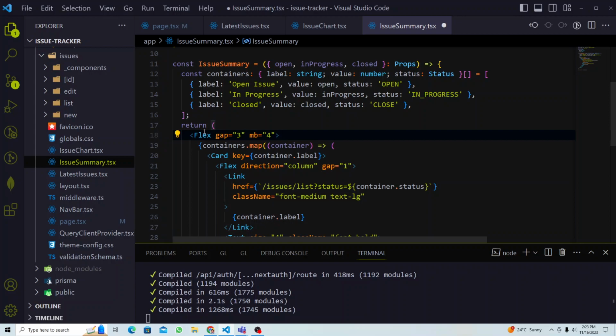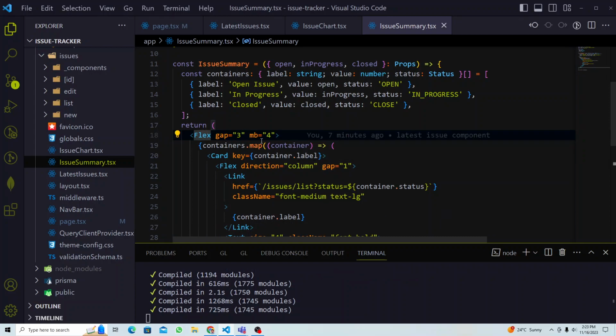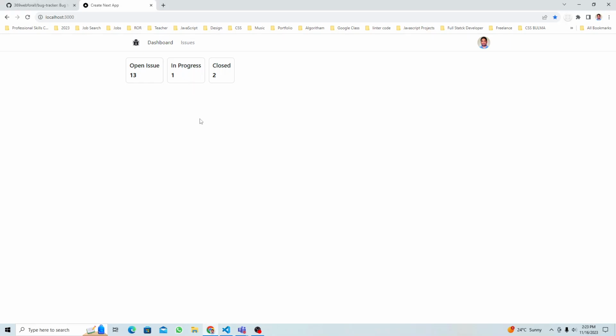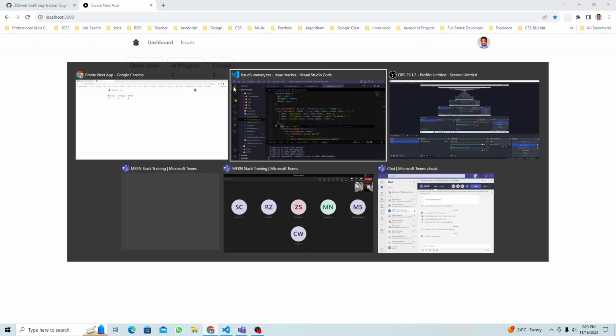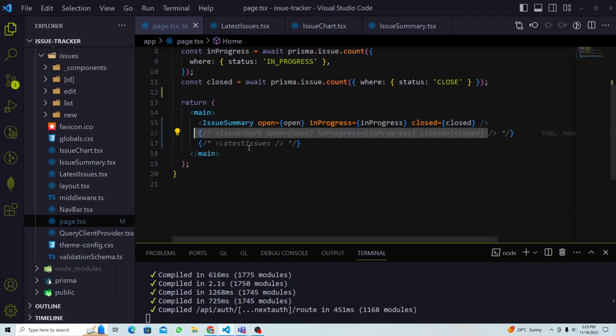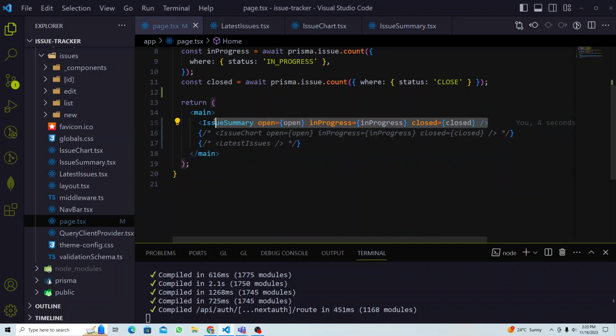You just have to wrap in the flex box. There is a gap, margin bottom 4. So done. Issue summary. Okay, so the last one is chart, right? We're going to talk about chart now. Let me comment this out